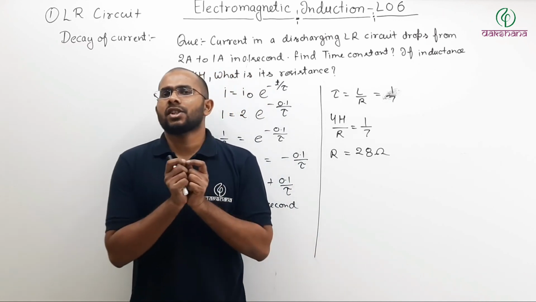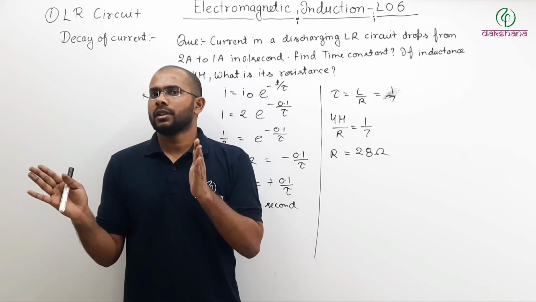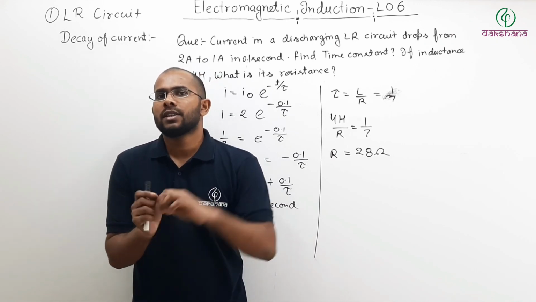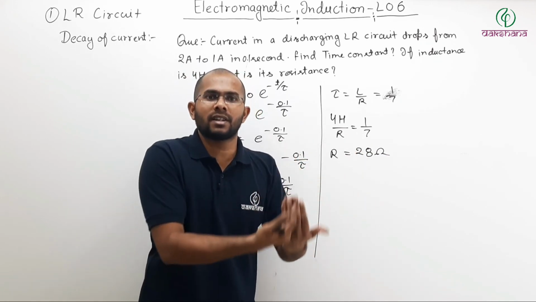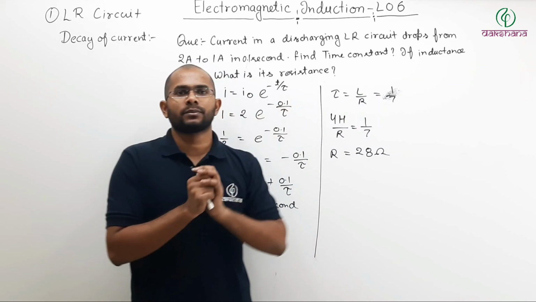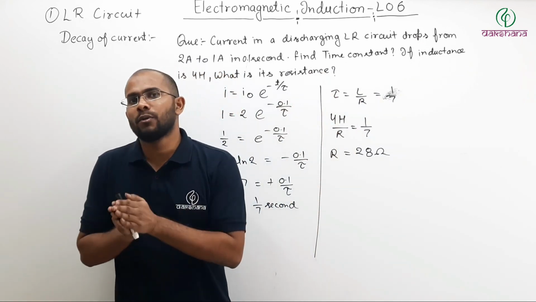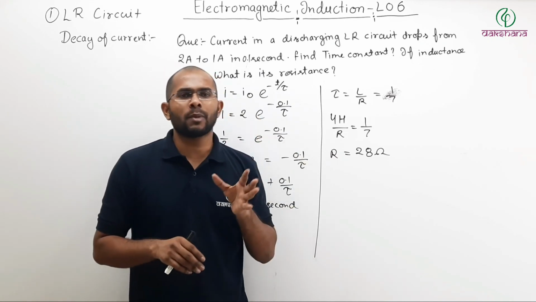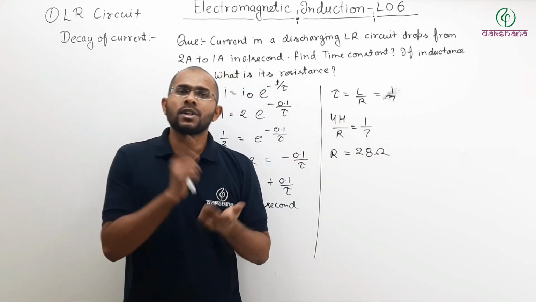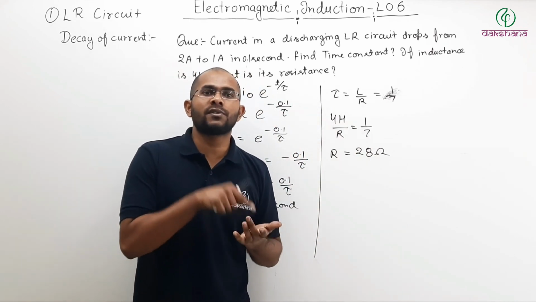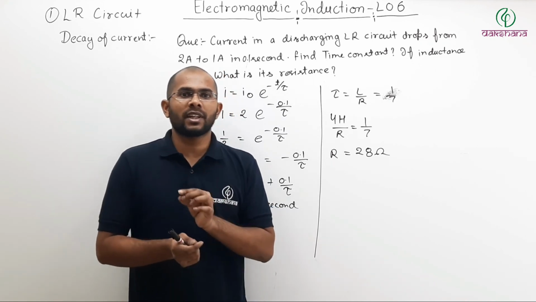Now if you pay attention, in case of decay, the battery is removed, and if the battery is removed, there is no source of energy, because battery supplies energy, battery does some work in order for current to flow, for electrons to move. But if the battery is removed, and for however short a period of time there is still current in the circuit, who is supplying the energy for electrons to move now? Now the battery is no longer there. So what is happening here?